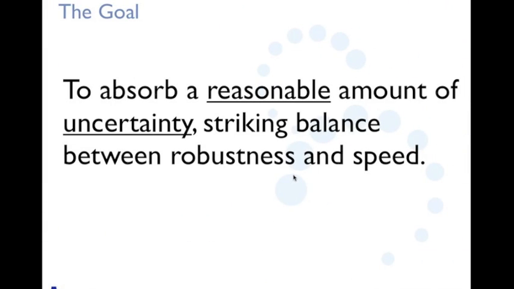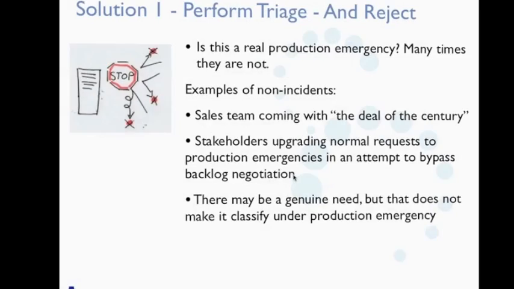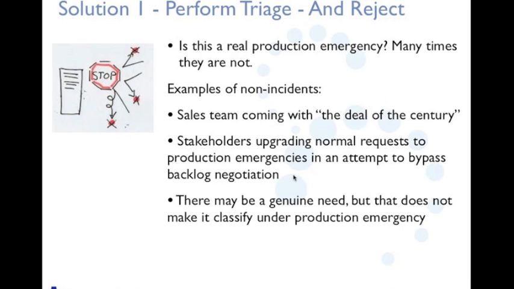So the goal is to absorb a reasonable amount of uncertainty so that we strike the right balance between the robustness of the solution we are trying to build and the speed at which we are building it, without sacrificing the main focus, which is the business value that we want to attain. So I'm saying reasonable amount. We know that we cannot handle everything, so we need to take a middle path. One of the approaches, solution one,